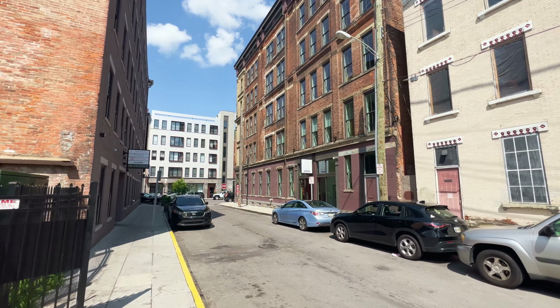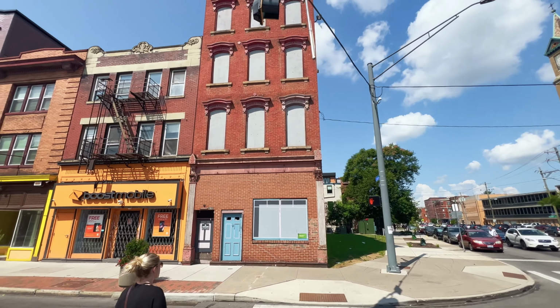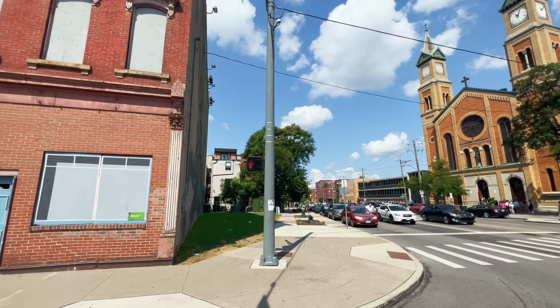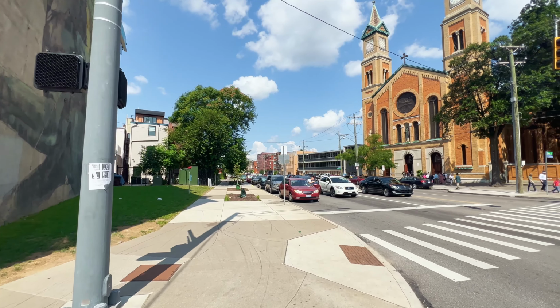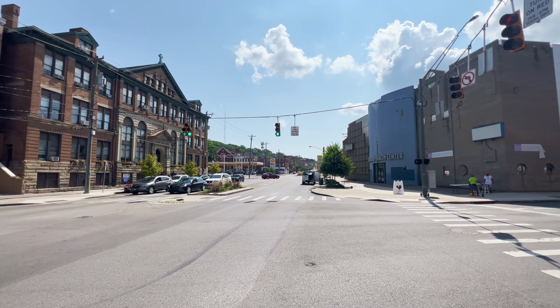Earlier this morning I was walking downtown, and because it's a Sunday morning, there was barely any traffic, and I could just walk across the street wherever. It was barely even noticeable. I have to wonder, here we go, how much it would cost to rehab a building like this. You know, these old buildings, they come with a lot of issues quite often. I'm going to spin around and show you eastward on Liberty. There you go, and there's the